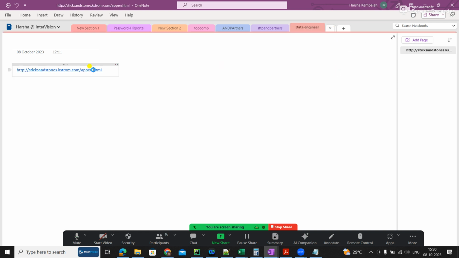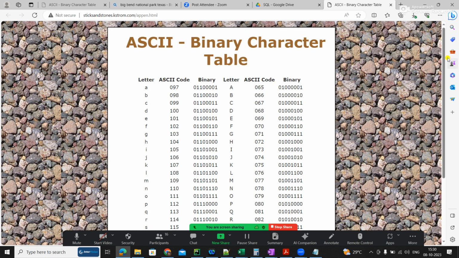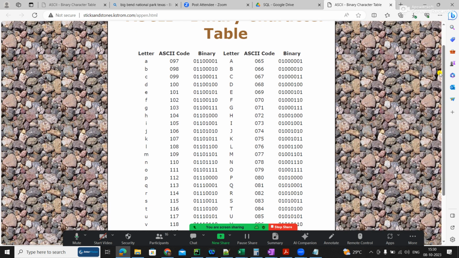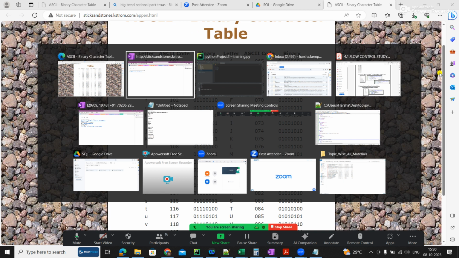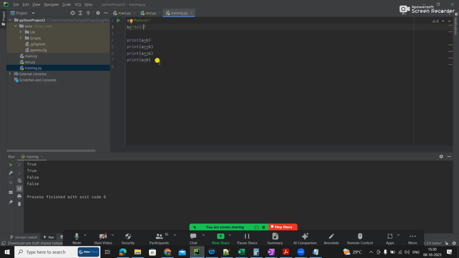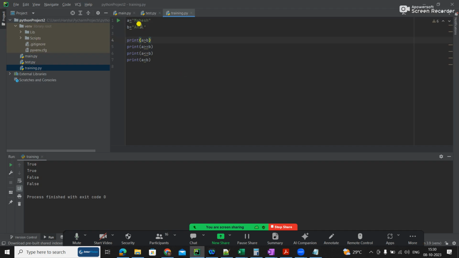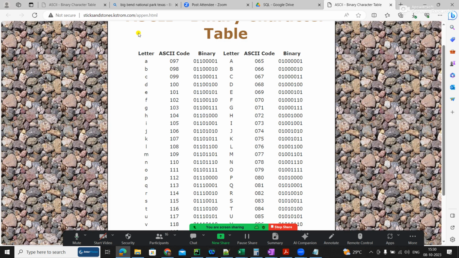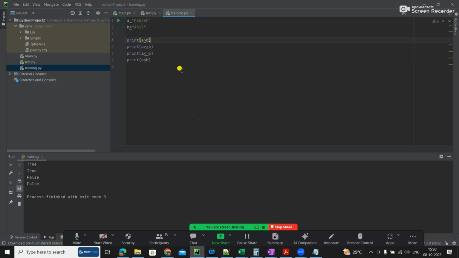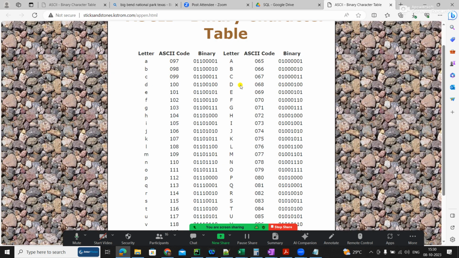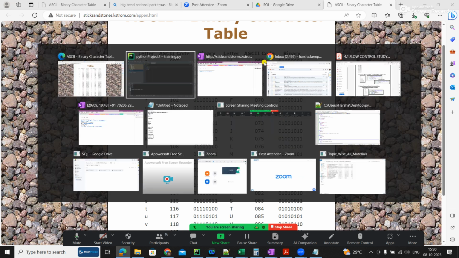Okay, so this one. Obviously these are not asked in interviews, but sometimes these are the paper questions, like when you write a certification exam on Python. See here, m and a, just see the number. I have written small m and small a. M is 0.77. A is 0.65.